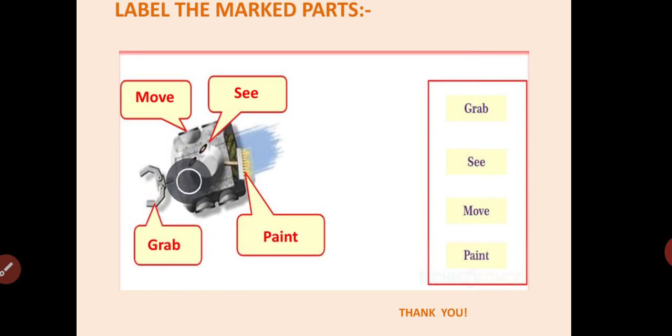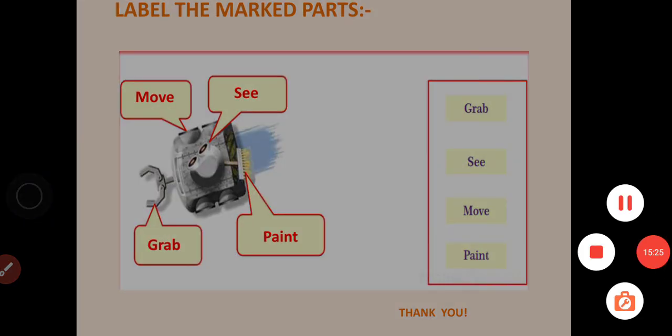Here you can see something like an anchor. You can select grab, pick up and put down. These are the grab commands. So look at the right side, the answers are given, and look at the symbols and match the answers, children. Is that clear? So once again we can revise the things.